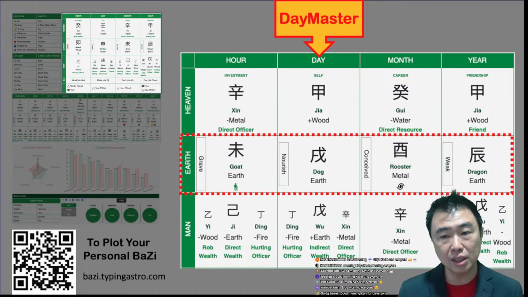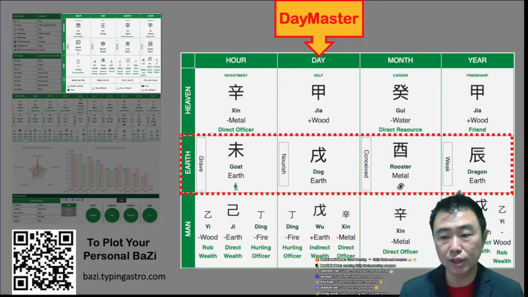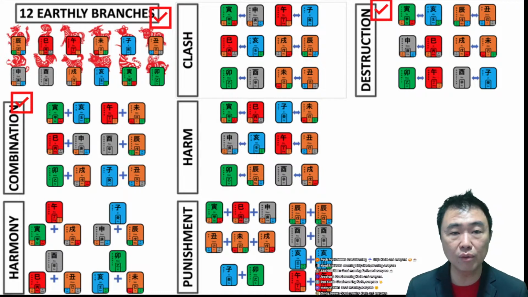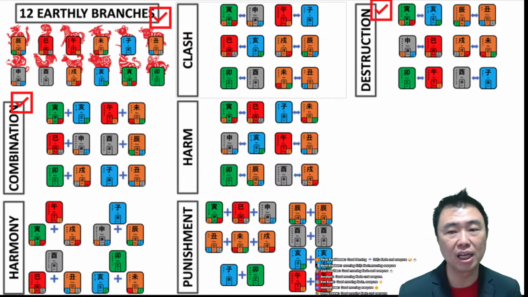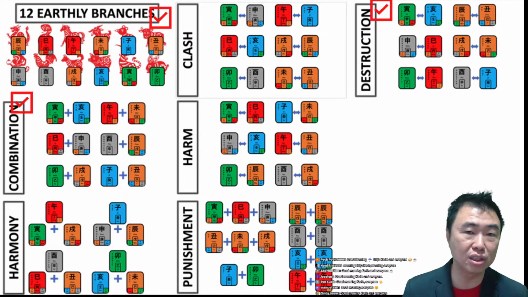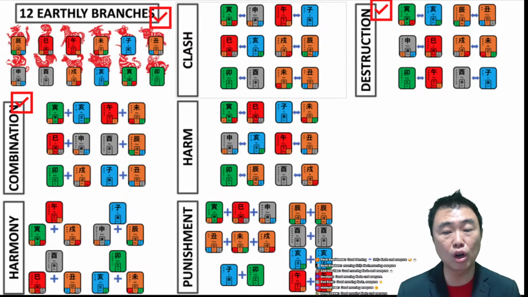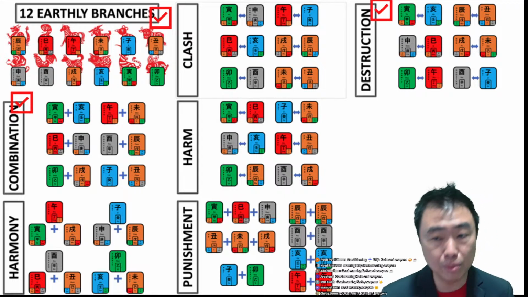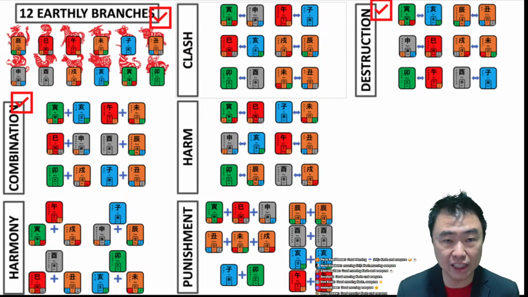Right, so those are the basic information that you might need in terms of deciphering your own BaZi chart, right? So come, let's go on and take a look. So what are the interactions available? Those with a little tick mean that we have already covered. You can go back to the playlist, which is this particular BaZi essential playlist, and you can go and watch. So we talked about the combination already. We talked about the general 12 earthly branches, and then we talked about destruction already. So those videos are done already. Yeah? So you can go and watch.